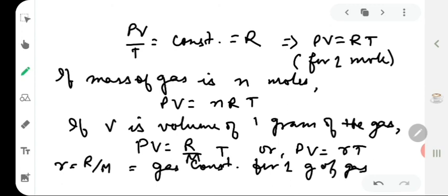1 mole of the gas at standard temperature and pressure, that is STP, occupies a volume of 22.4 liters. Standard temperature and pressure, that is STP, is also known as normal temperature and pressure. In some books it is written NT,